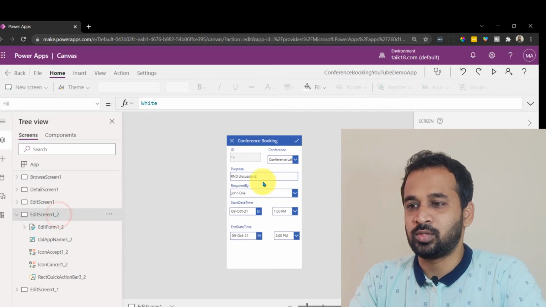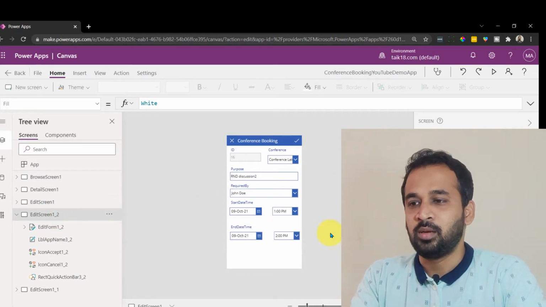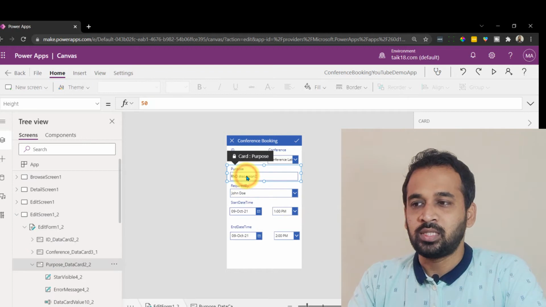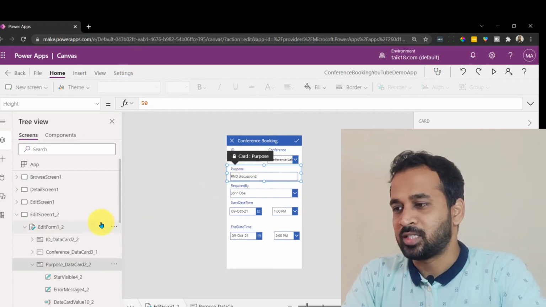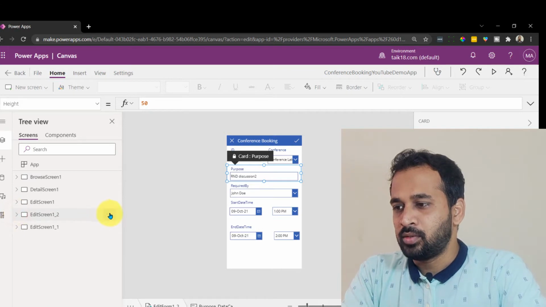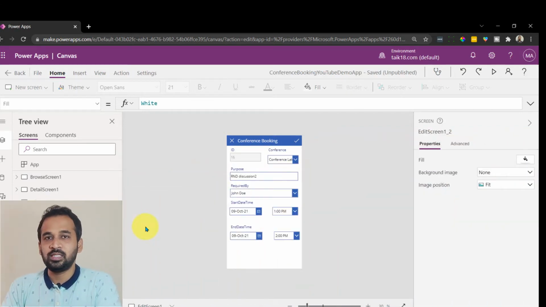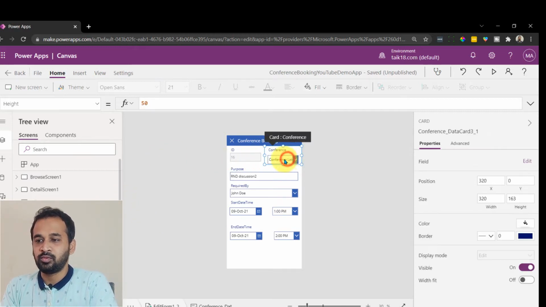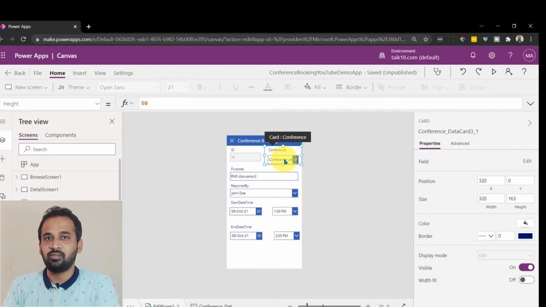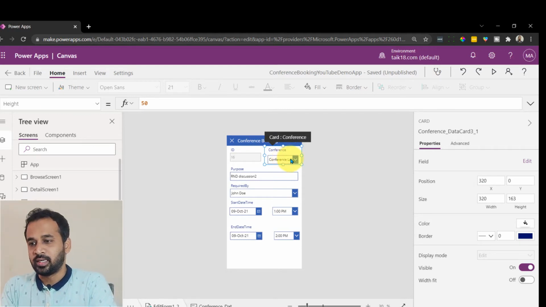Edit screen 1_2. It looks almost similar, but the controls and the names are changing because of the uniqueness it has to keep. Okay, so after this, what I did is I made slight changes to this. If you remember last week's video, we wanted to customize this data card in order to get the information from different data sources, right?